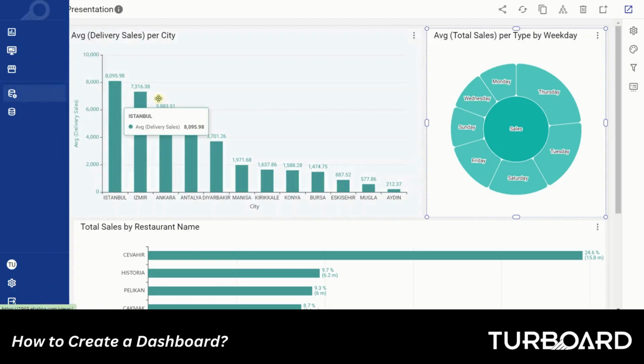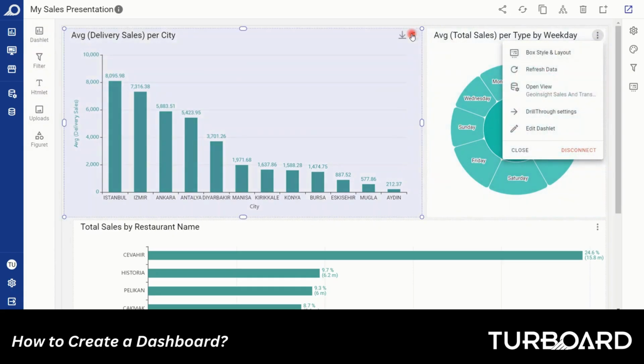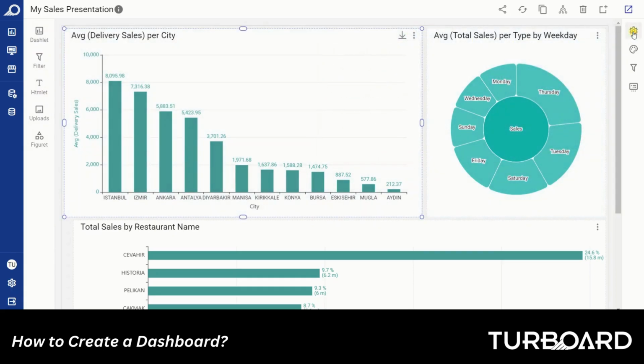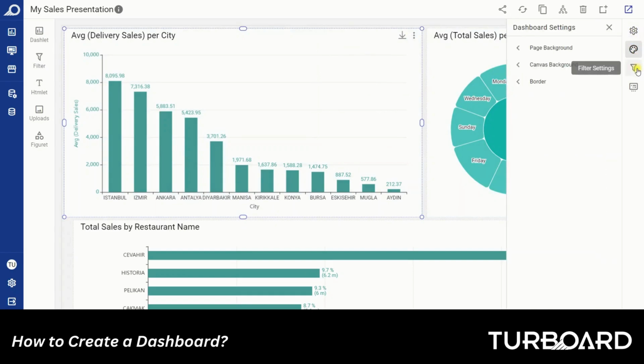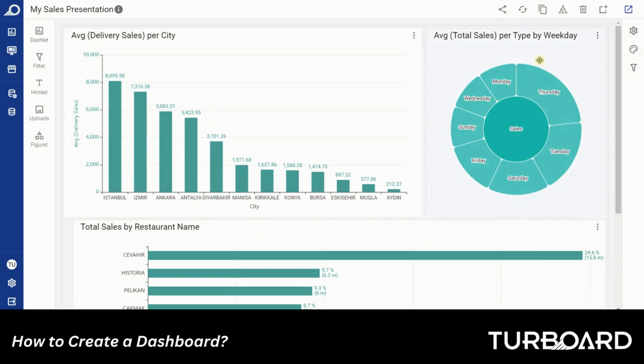Turboard offers you extensive flexibility in designing your dashboard, allowing you to incorporate additional HTML and design components or modify the default settings to suit your needs. For more detailed information on these advanced options, check out the Managing Dashboards section in our user guide, available on